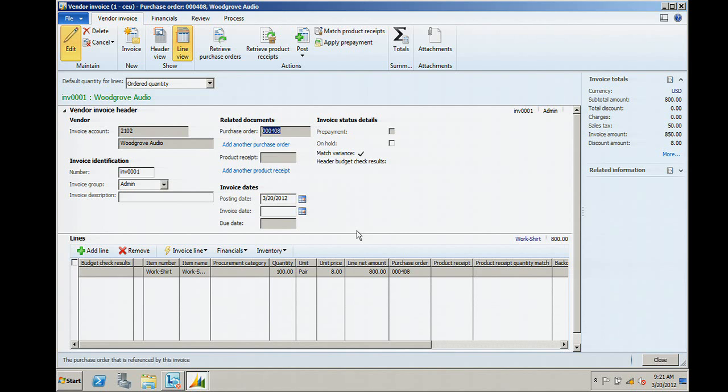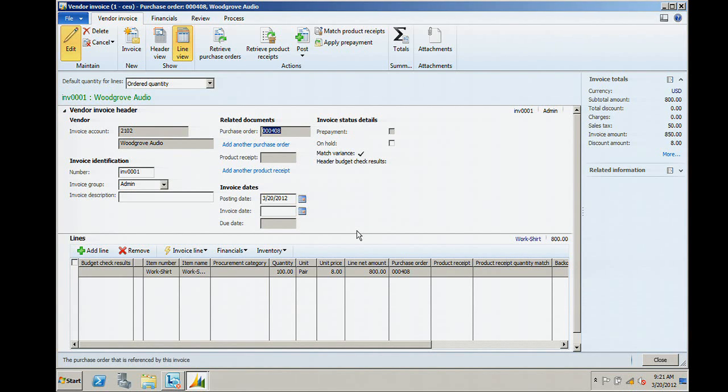Let's say that my paper copy of the invoice has another line on it. It has a line for some consulting design work. So let's pretend in my scenario that Alicia created that PO, sent it to the vendor, and when the vendor received it, they quick called her and said, hey, you requested this logo. We've never done this design before. We're going to have to charge you a little bit more for that. Let's say Alicia agreed,